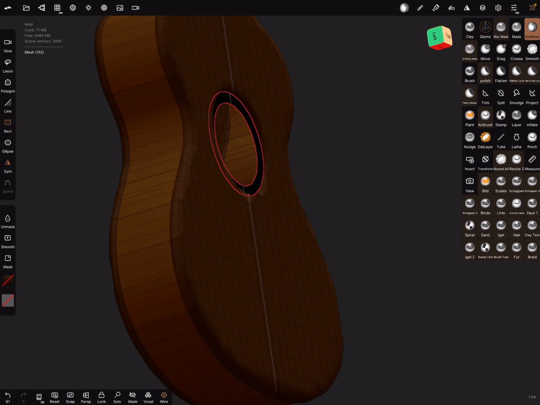Now what we have to do. Oh yes, our scene menu is. Let's see what we've selected. Okay. Let's check the meshes.